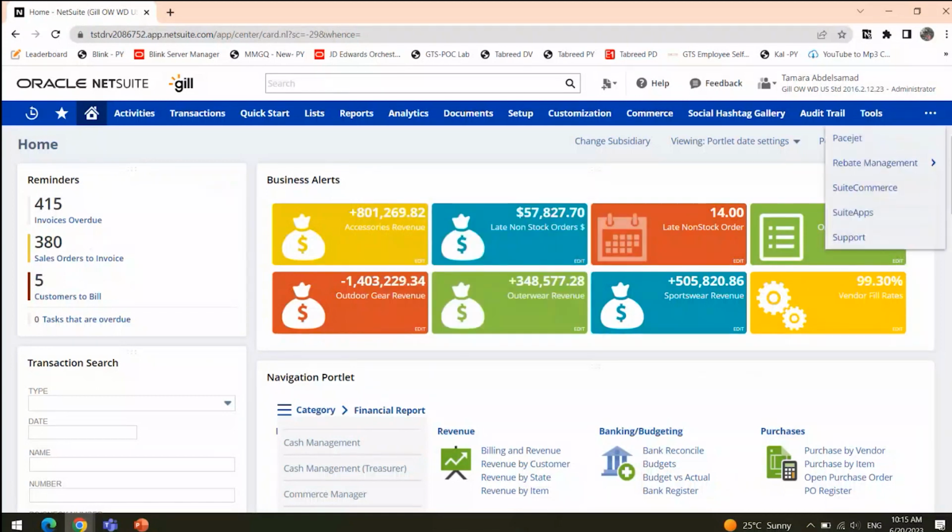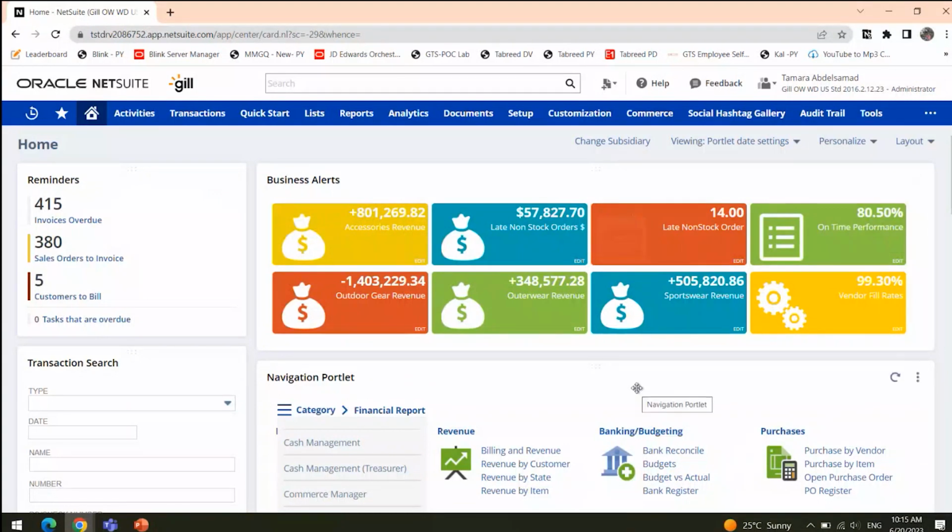Moving to this interesting portlet here, which is the business alert. These colorful information boxes. If we take the alert, for example, this one, the late orders, you can notice that this is blinking. Blinking because the type of it is also a reminder based on the data. So this gives the managers, the controllers, or even the supervisor an indication of whether an action is required on this specific item. So here I can see that I have 14 orders that are going to be delivered late